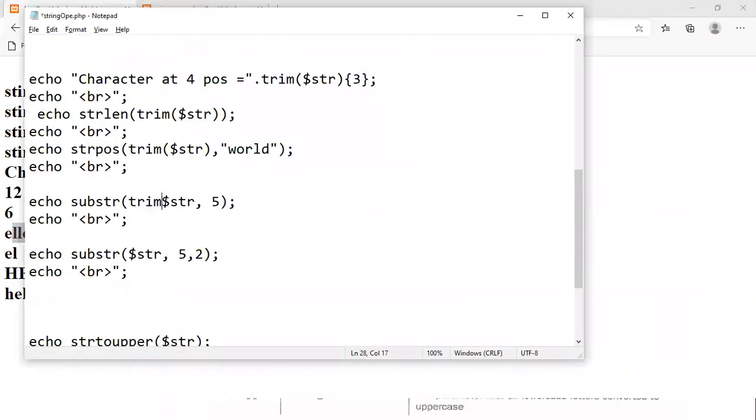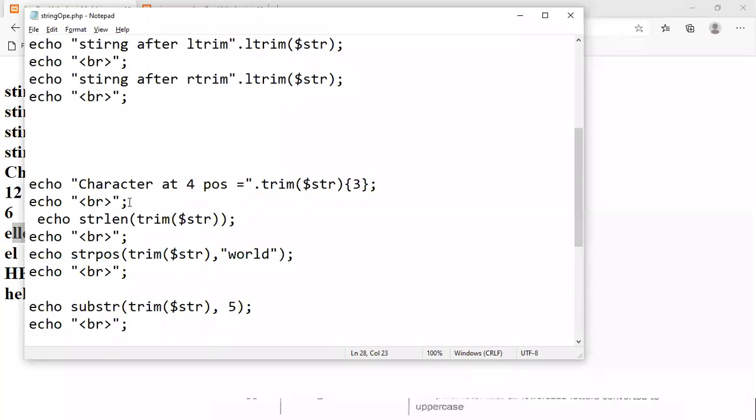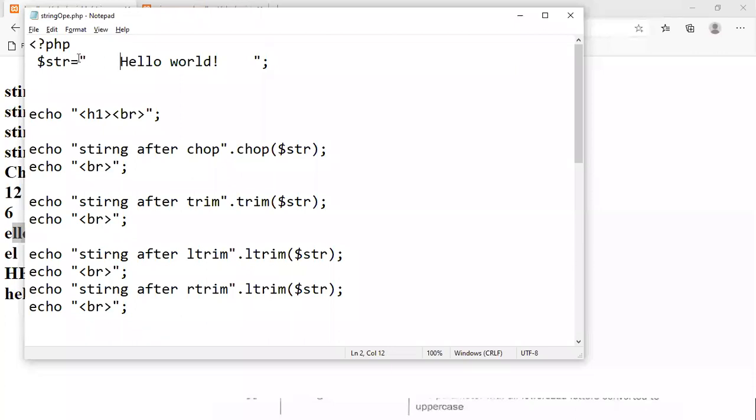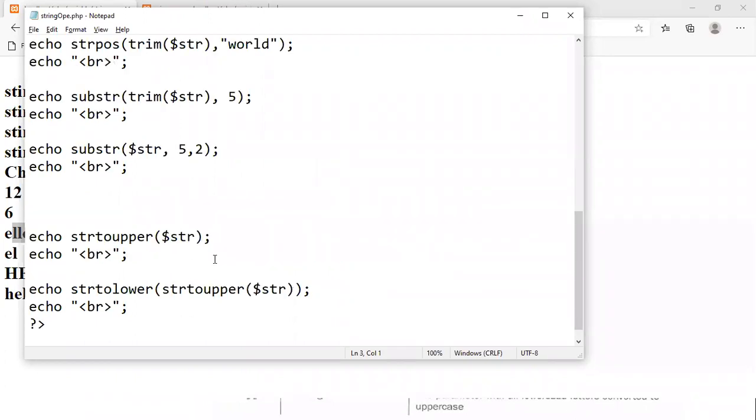Here also the substring was giving the wrong output, so trim. You can ask me one question: sir, why are you writing trim always? You can directly eliminate it from here itself. Why should you do this in programming? Remember, right now I know about this because it's a very simple program, only 10 or 20 lines. But if you are working with a database, you don't know what is there in the database. If you are working with thousands of lines, you don't know what has been initialized, and you don't want to check where it is actually initialized, right? In this case, you can easily use it.